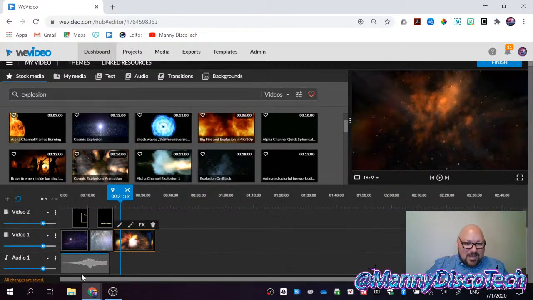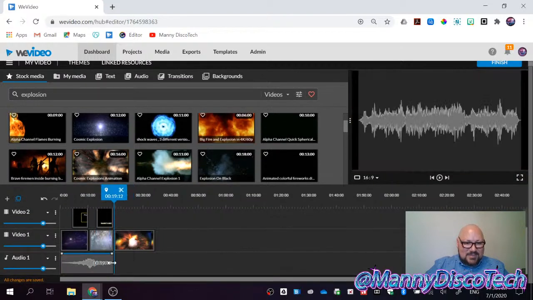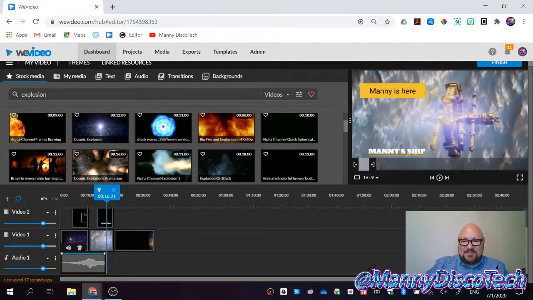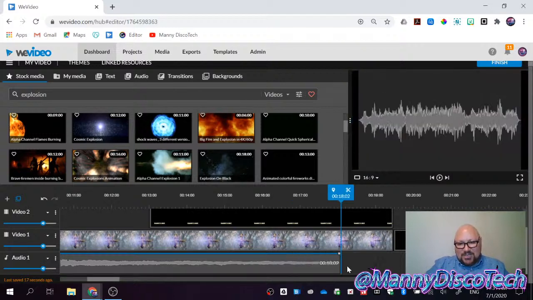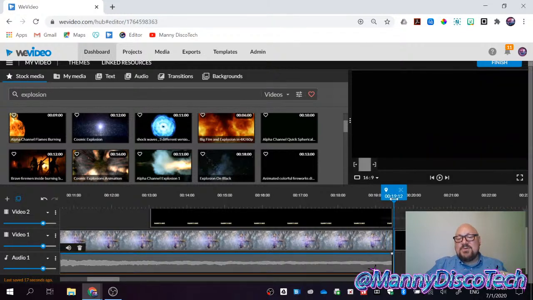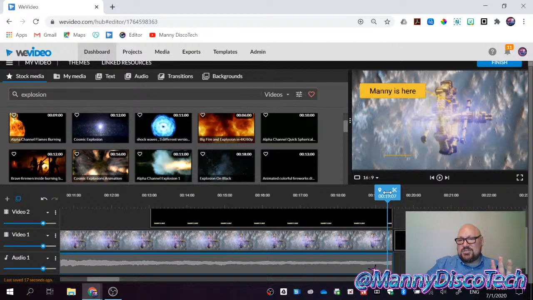Okay, so the sound stopped. Yeah, the sound stopped. So I need to make the sound. Okay. Let me put it back where it was, and let me show you with the magnifying glass. Now, notice that there's a gap between music and no music. That's why it sounded weird. But if I zoom in, you can totally see this big old space. So I'm gonna click on it and make sure that it goes all the way. The background music is going to be where the spaceship is.